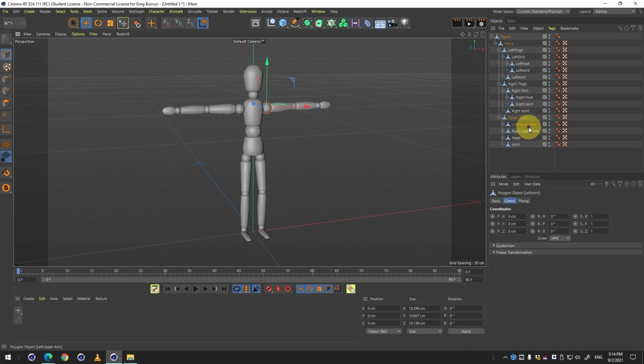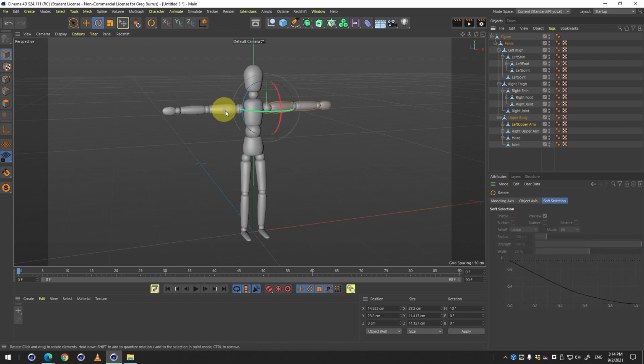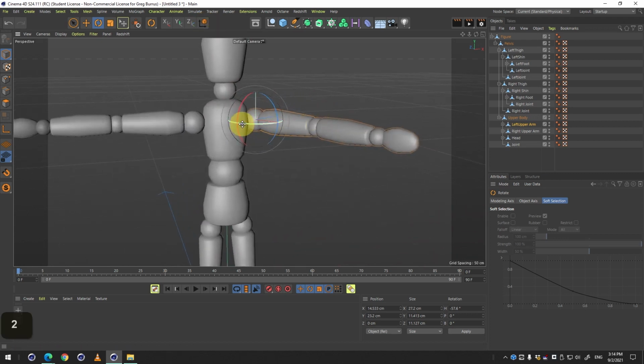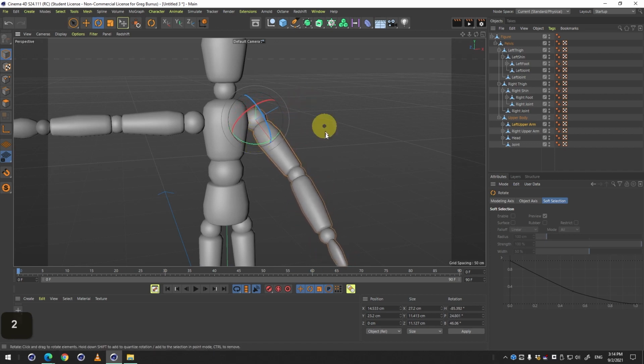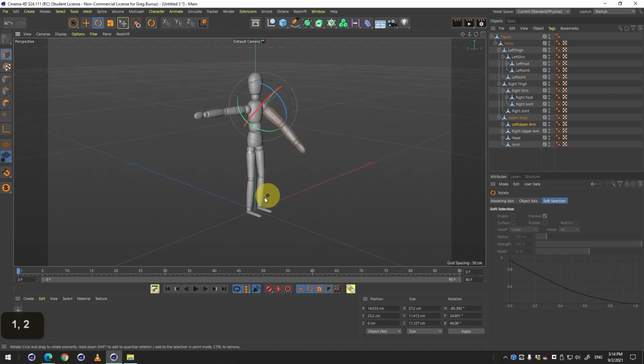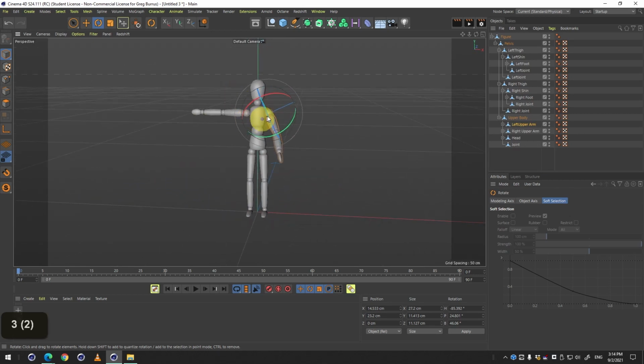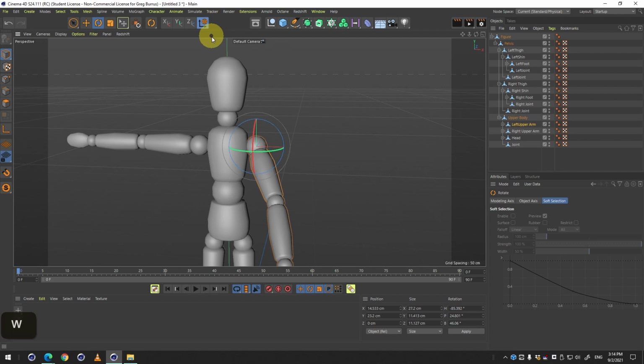If I come up here to, say, the upper arm, go into our rotate tool, turn this volume down a bit, I can select the green axis band here and rotate the arm of my character. Right now I'm in the object's coordinate system, which means I'm rotating this based off of the arm's rotation rather than our whole overall world. The way you can tell that this is different is if I switch back to the move tool here,